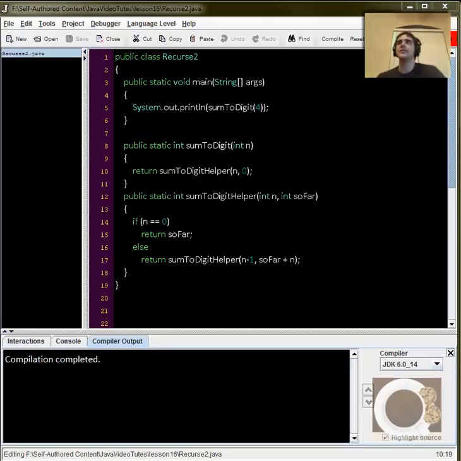This is lesson 15 on recursion. Once again, this is more advanced recursion, so if you haven't seen the previous recursion lesson, I strongly recommend watching that first. First thing I want to do right off the bat, at the end of the last lesson I